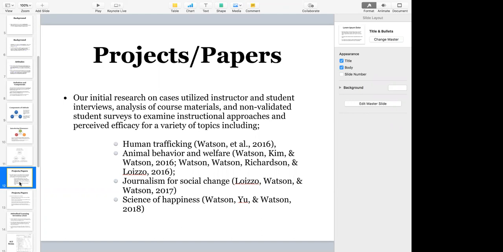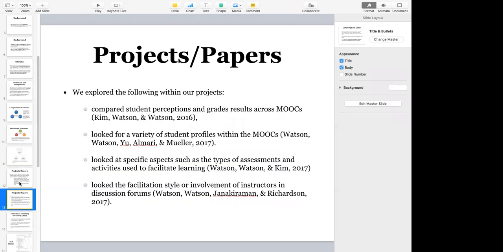And another one was out of Berkeley. They were doing a MOOC on the science of happiness, which I think is still actually available for you to take right now. But it's really talking about the science behind happiness research that has exploded during the last decade, and really gives you, do you want to be happy? If you want to, these are some strategies, and this is what the key to happiness is, right? So these are the initial case studies that we did on how MOOCs work and how these MOOCs are designed and what the results and effects were.